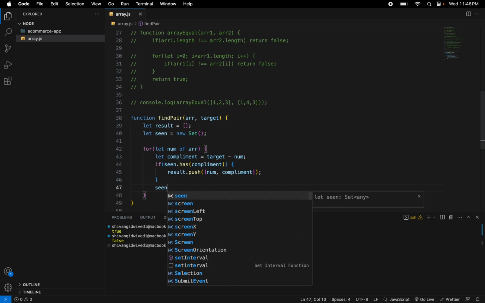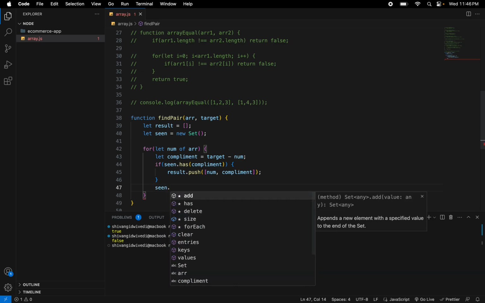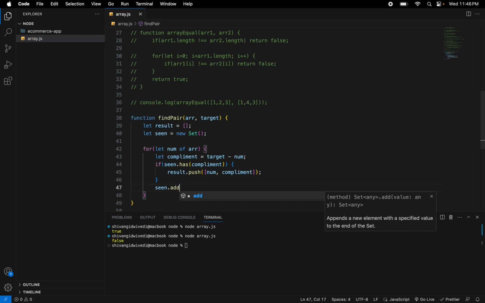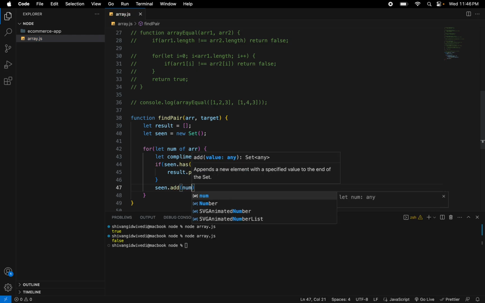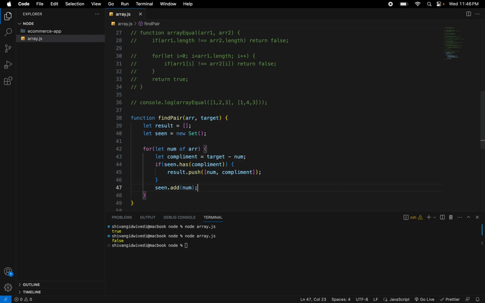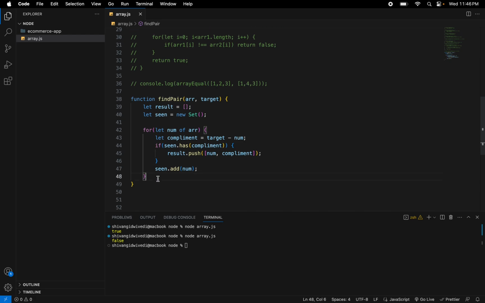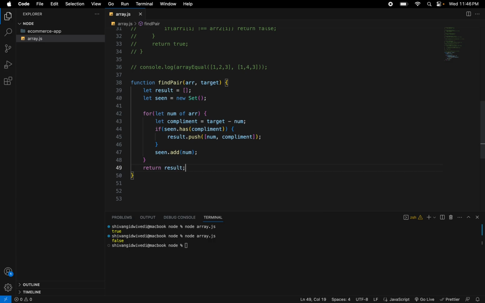And in case of seen.add, we will be adding that to seen, and after that we will simply return the result. Okay,